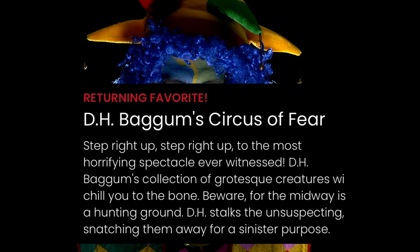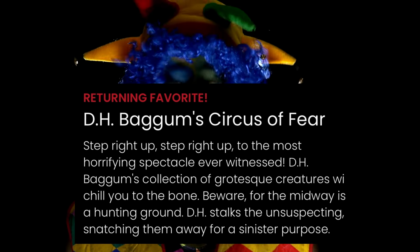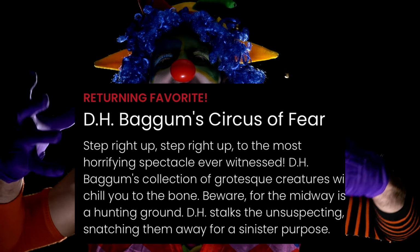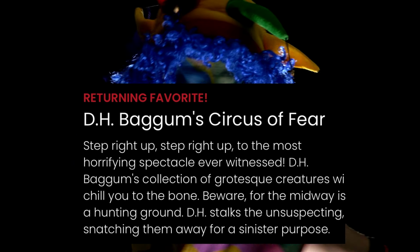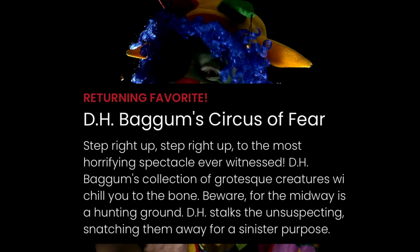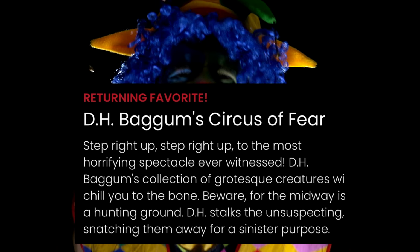Now let's talk about this next house, which I am actually excited for because it was, if not my favorite, one of my favorite houses from last year's event, and it was a new one for last year's event. It is a returning house known as D.H. Bagham's Circus of Fear. Step right up to the most horrifying spectacle ever witnessed. D.H. Bagham's collection of grotesque creatures will chill you to the bone. Beware, for the midway is a hunting ground. D.H. Bagham stalks the unexpected, snatching them away for a sinister